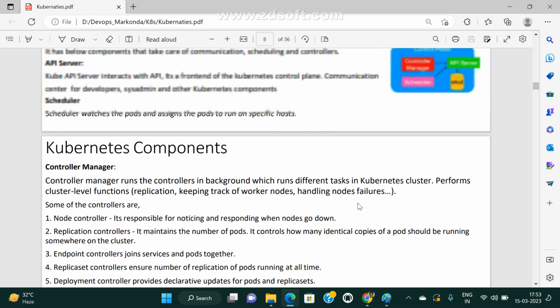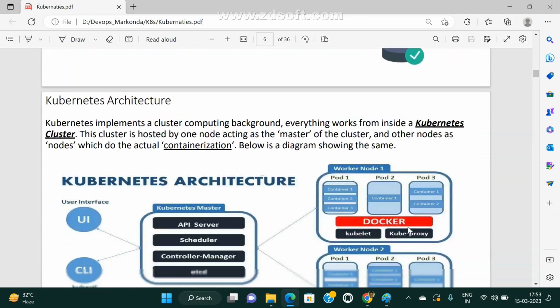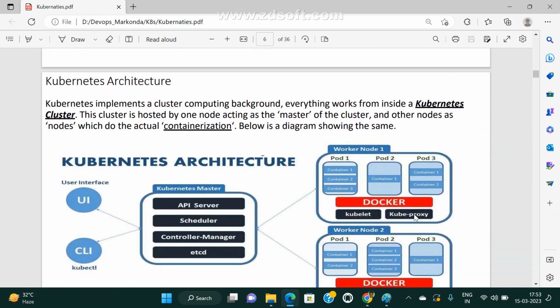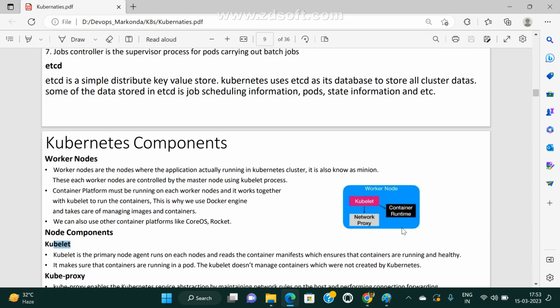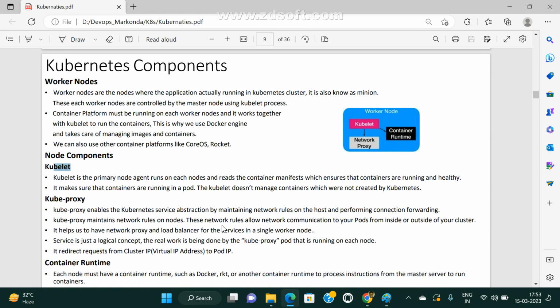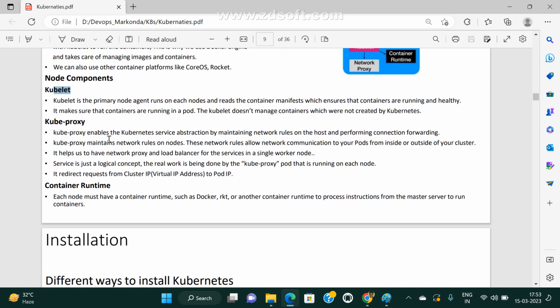Now there is one more thing, kubeproxy. This is one more component in the worker node, and it is totally related to network. See here, kubeproxy enables the Kubernetes services abstraction by maintaining the network rules on the host and performing connection forwarding between all your worker nodes and pods.